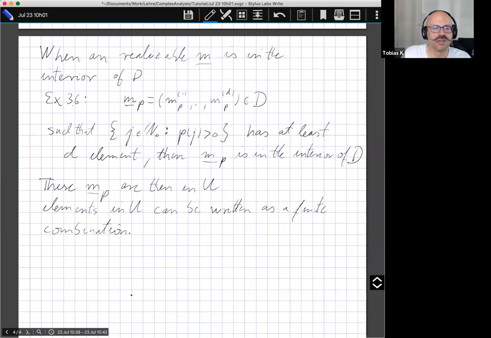So now, we solved the problem if we have this kind of extra condition. How can we do now the general case? So for the general case,